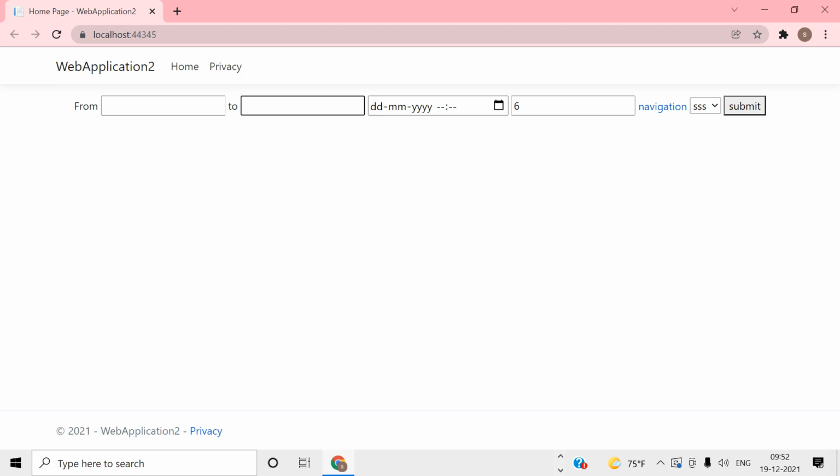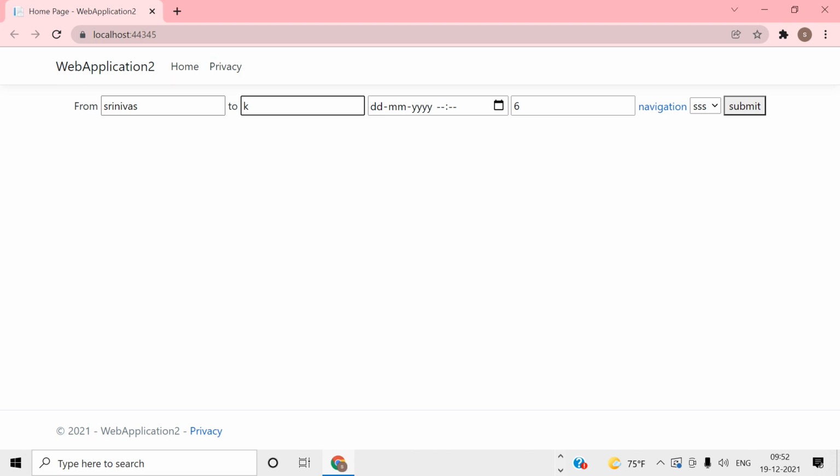I want to maintain this sum in some other final page. This is a value, like a name, like Srinivas. This is the value name.